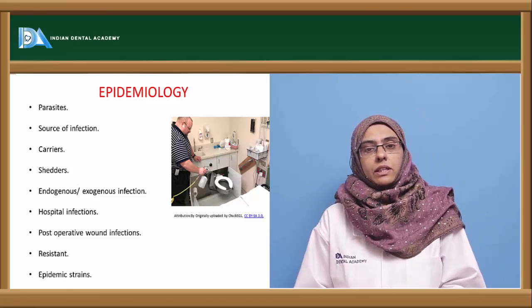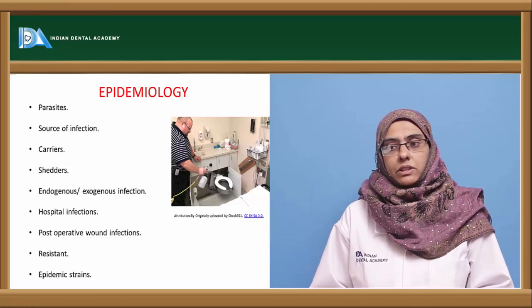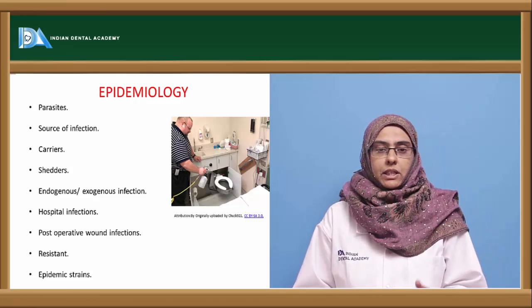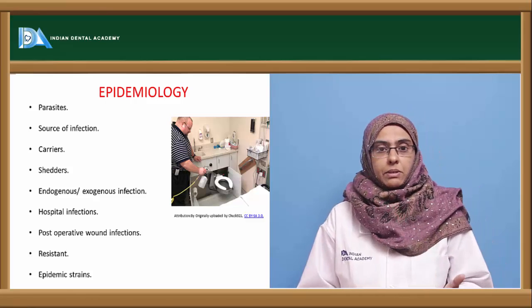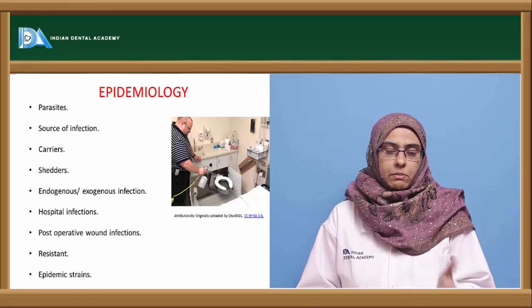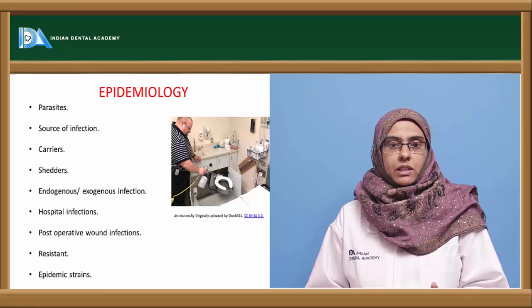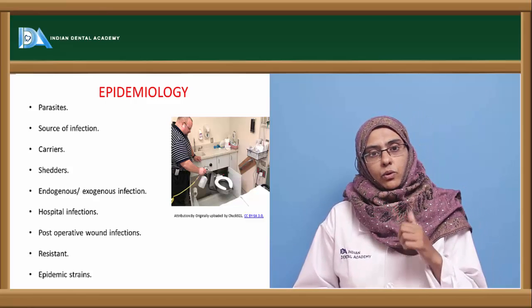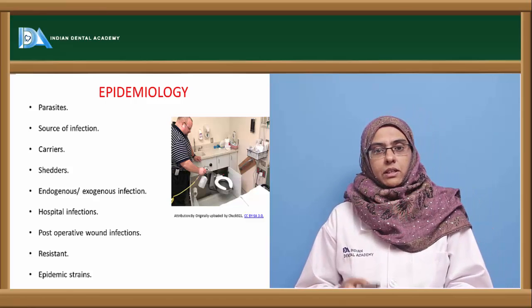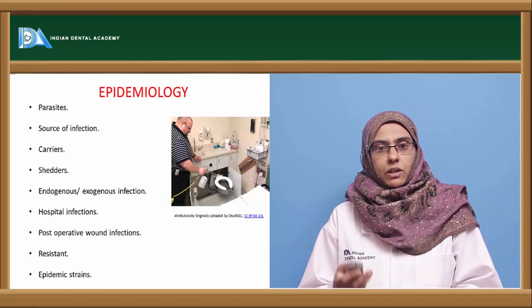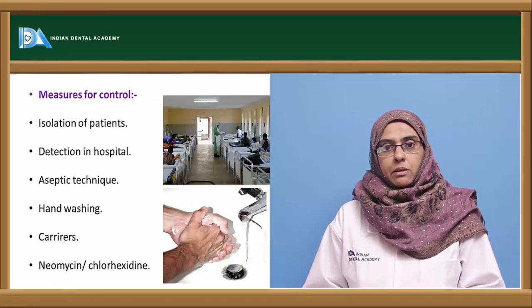And most of these organisms have developed resistance towards different types of antibiotics, and when these organisms are seen in the hospital, they are usually called the epidemic strain. The treatment of this is very difficult because they have not developed resistance against only one antibiotic but towards different types of antibiotics. So once we have identified the strain, then you can go with the treatment purpose and the measures for the